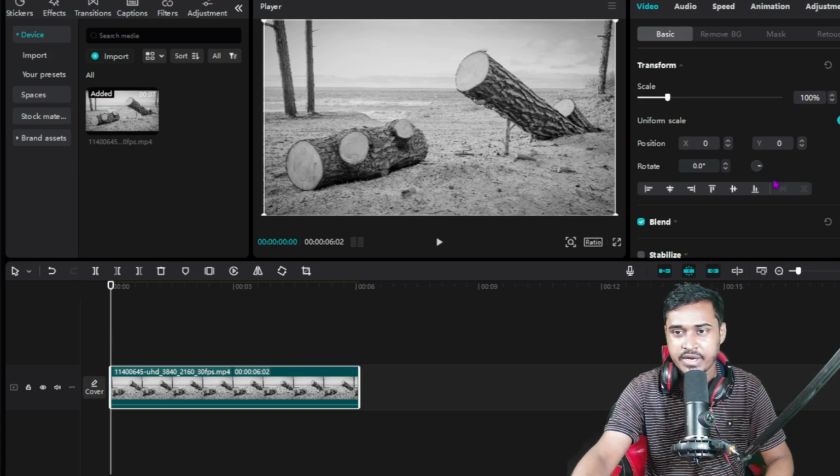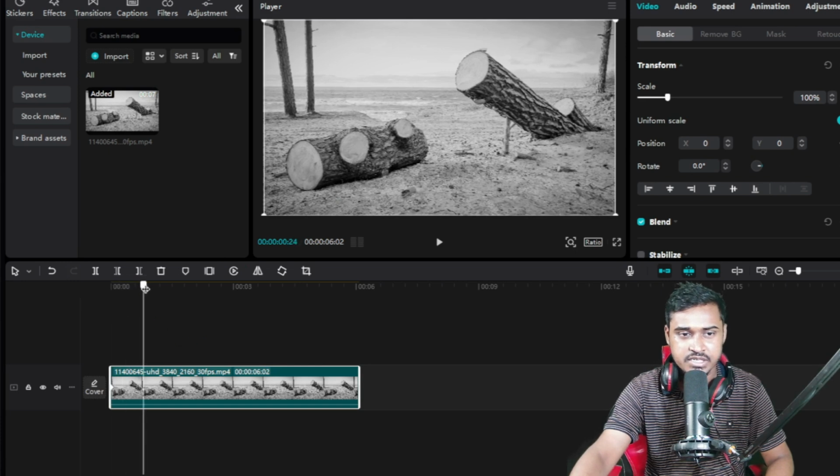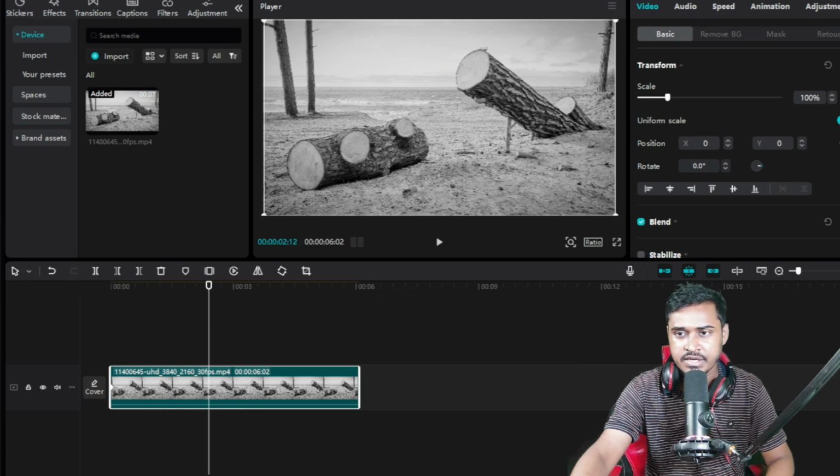So I want to add at the beginning. Just click on keyframe, then just skip few seconds. Okay, then again click on keyframe. So again